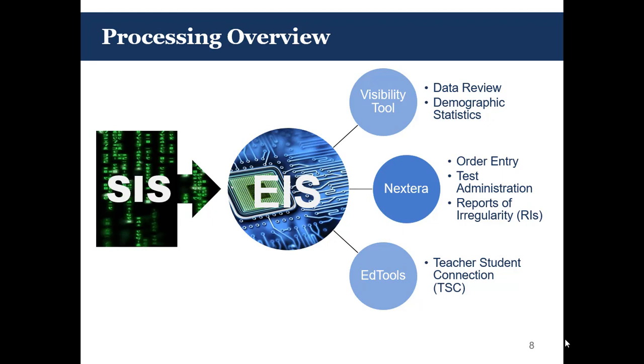Now we're going to move into a processing overview. So your Student Information System, or SIS, feeds information to EIS. That EIS information is then fed out to 3 distinct places. First, it's shown in the visibility tool, which is a window into what will be pulled for assessment. This gives you an opportunity to do data review and to view your demographic statistics, as well as know what will show up in the next 2